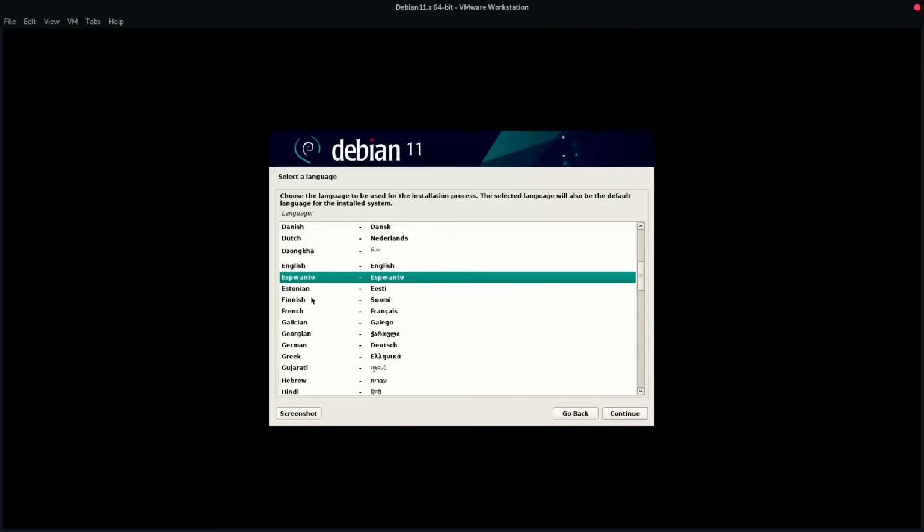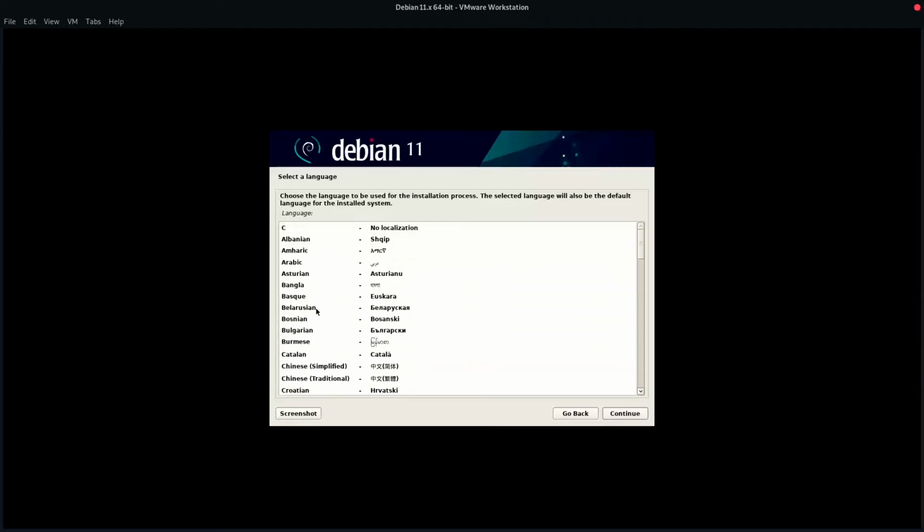If you install Linux with an Elvish keyboard, it's actually called Runix, because you need to have a Runish keyboard to use it. Quite difficult, but you can go for what's this? C, no localization. That's a risky thing to do. Arabic, Asturian,